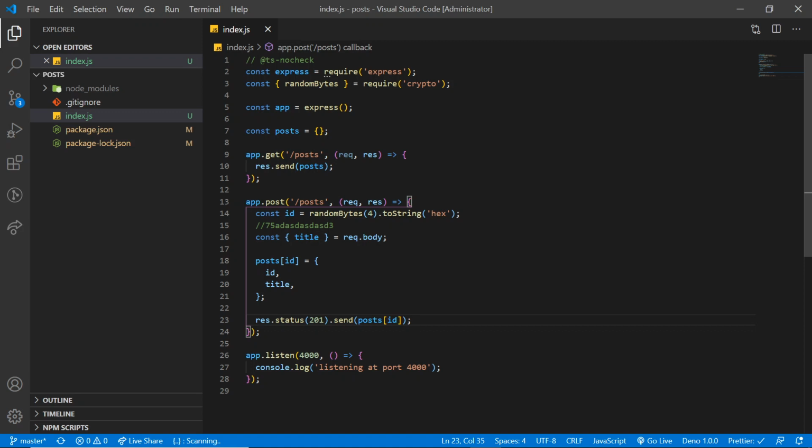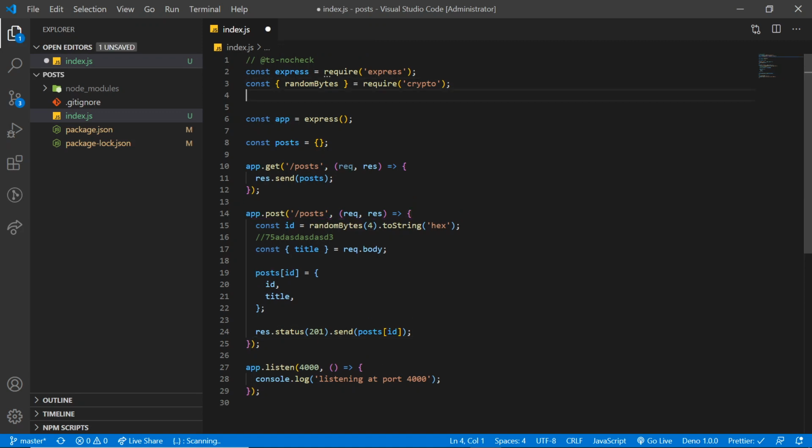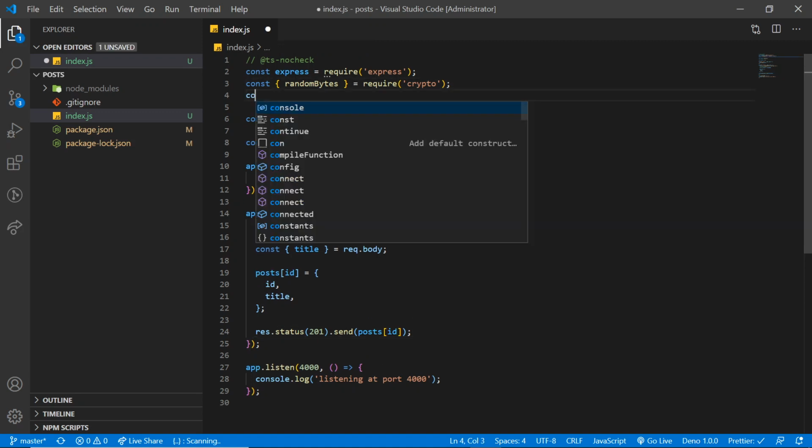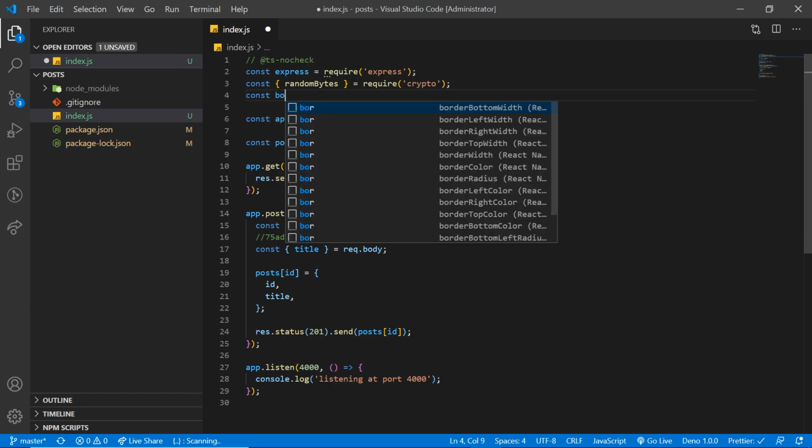There is one last thing that we have to do. We need to add a body parser, so that whenever a user sends us some JSON in the body, it actually gets parsed. So move to the top of the file. Here I am going to import body parser.